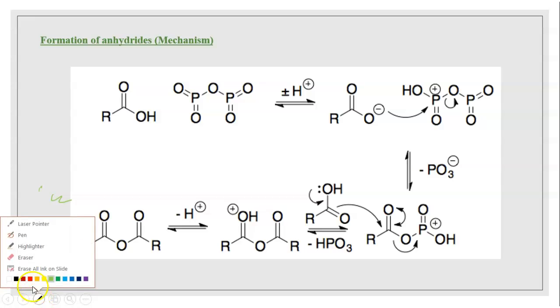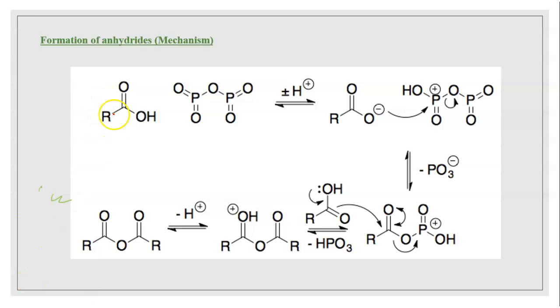See what is happening over here. Let me change the color. See, in the reaction of your carboxylic acid with dehydrating agent like P2O5, what is happening first of all is the removal of this proton. So deprotonation is occurring, and oxygen will be attracting the shared pair of electrons towards itself, thereby carrying negative charge, and this O negative will be abstracting this particular proton from this very carboxylic acid, and it results in the formation of this carbanion and this particular